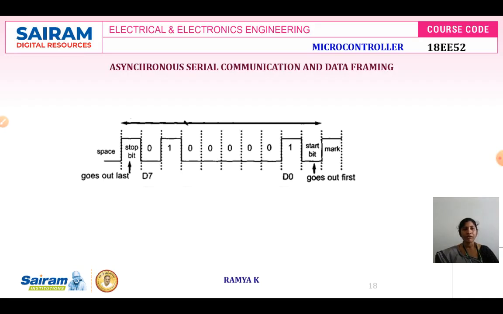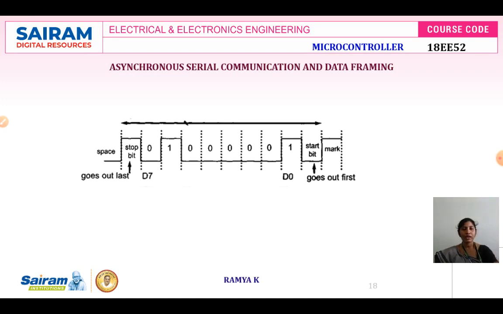So we need proper data framing, where the sender and the receiver agree on certain rules and regulations of the protocol: how exactly the data is packed, how many bits of data constitute a character, and when the data starts to transmit and when the data has been received. All these things have to be very clear when you are doing communication by serial or asynchronous serial communication, and data framing is important.